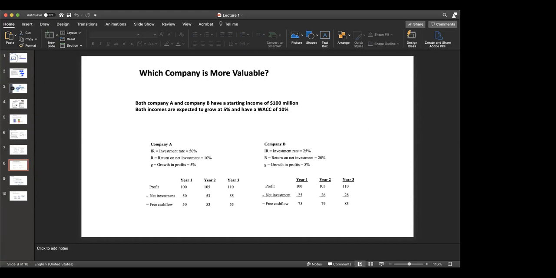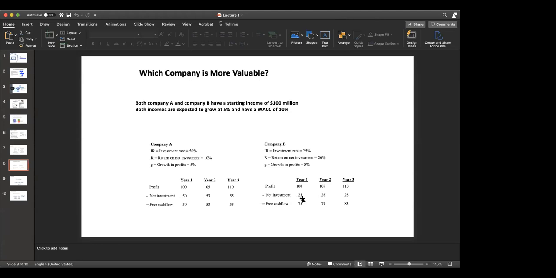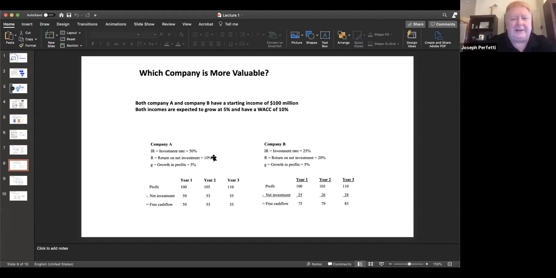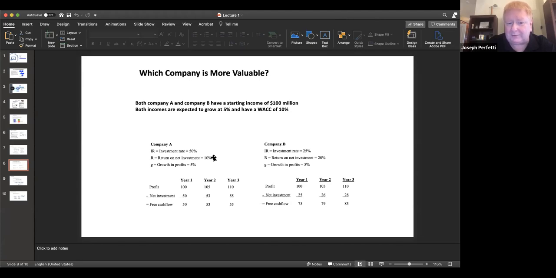Their reinvestment rate is 25% lower than company A. So they're spending less to generate the same profits because they have a lower reinvestment rate. How can they do that? Their return on net investment is 20% as opposed to company A where it's only 10%. Exactly right. So what you guys have just illustrated is that, and I'll caveat this by saying at the same